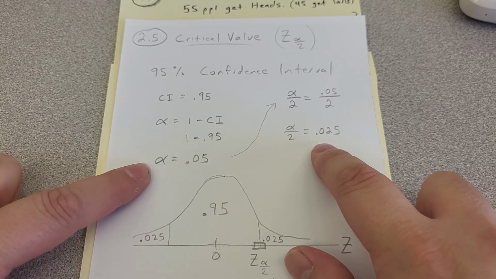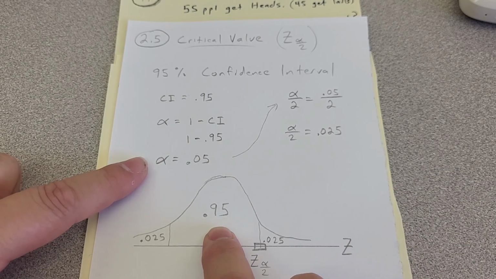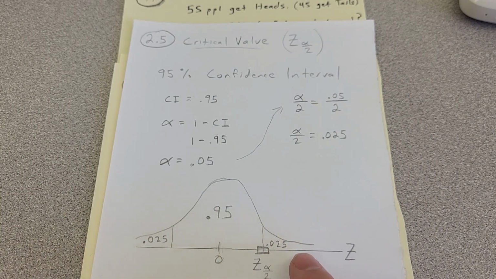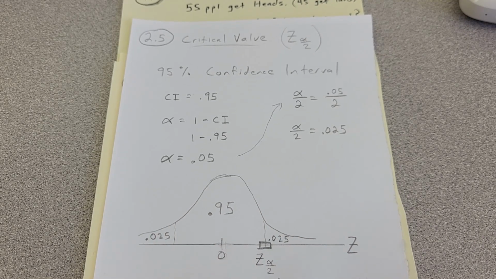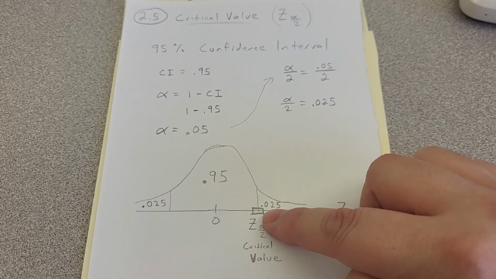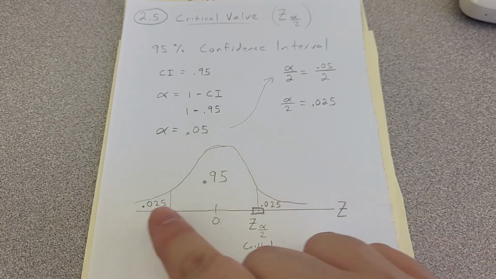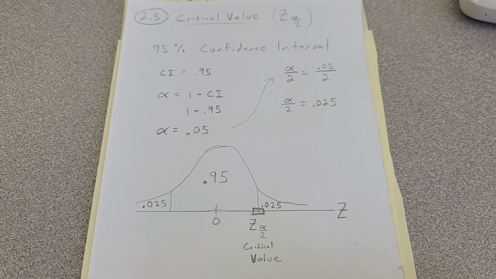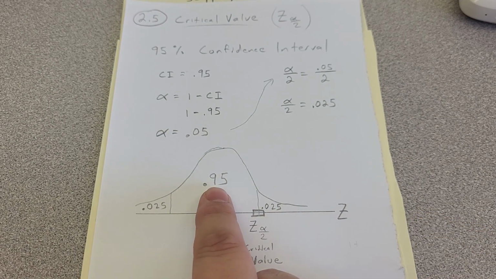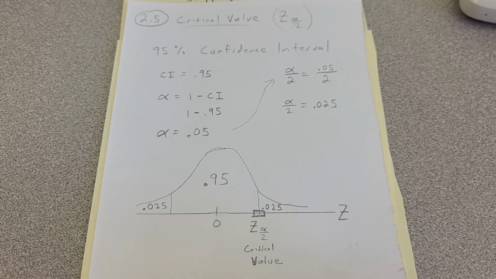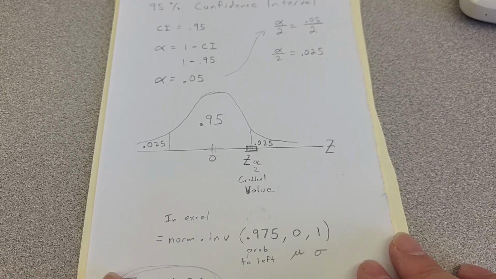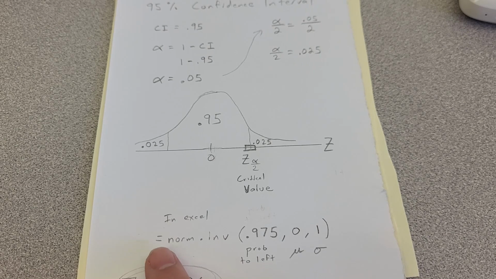So, based on this math, you're going to have 0.95 in the middle, you're going to have 0.025 on the outsides, which is appropriate because the entire area under this curve has to equal 1. The critical value is this point on the number line that gives us this chop up. That's what we're looking to get. That's the number. So now that we see that we got 0.95 here and we got 0.025 here, we can go into Excel. Excel's really helpful. And we're going to use the formula. We put in equals